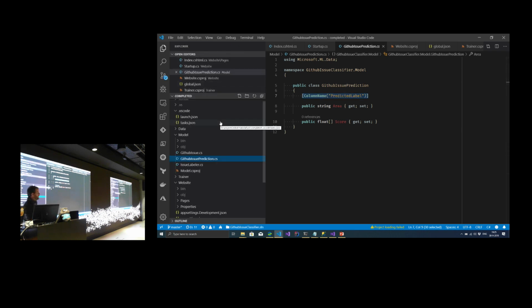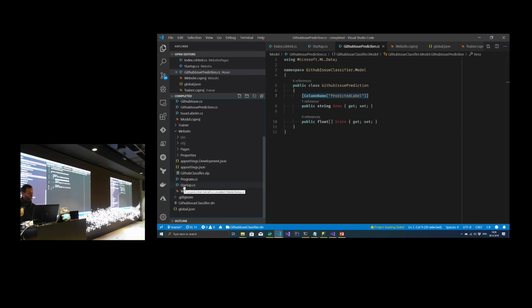When you use AutoML to generate this project, this is all done for you. You don't have to understand anything of that. But it's good to know that it's there, and you can use it later to customize things. So now, what do I do when I want to use this?